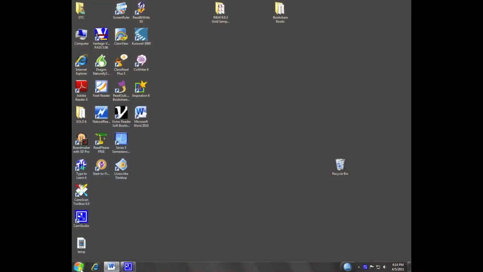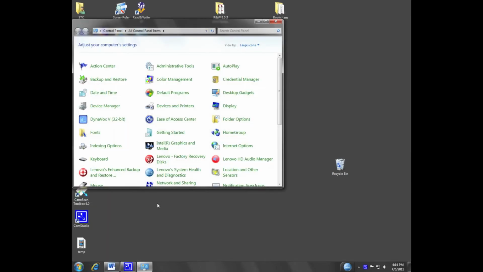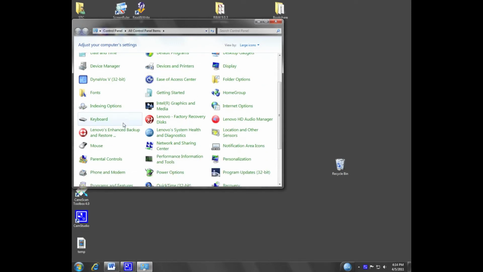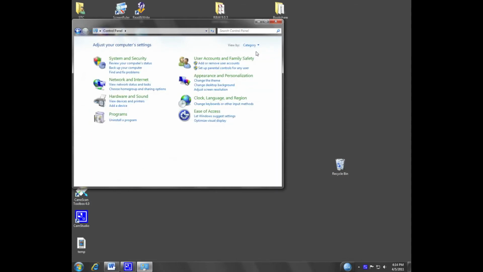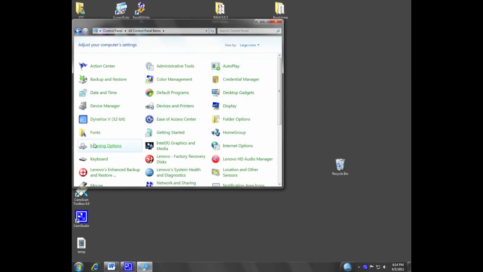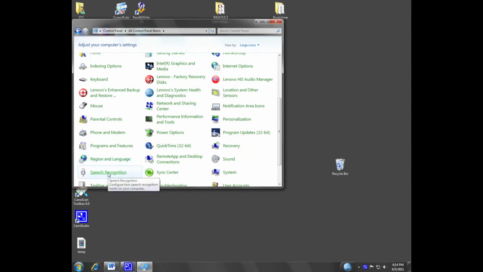How you get there is you go to the Start Control Panel, and you'll have these icons. You're going to look for a little microphone, and it's called Speech Recognition. There it is right there. Now keep in mind that you might have something that looks like this when you first access it. I usually go to View By and Large Icons, and that will get you here where you can more easily find Speech Recognition. You turn this on,